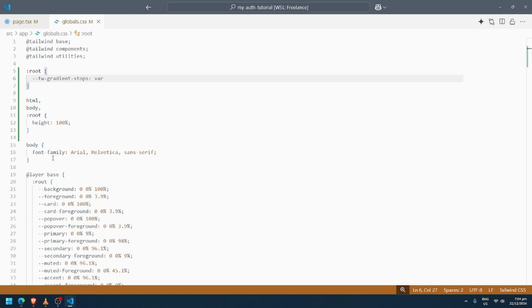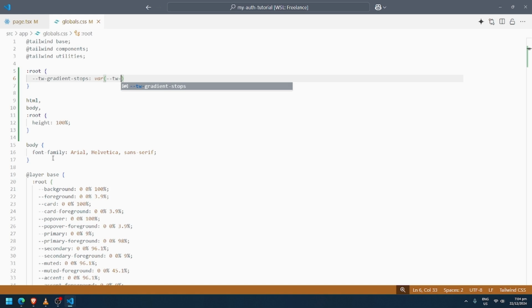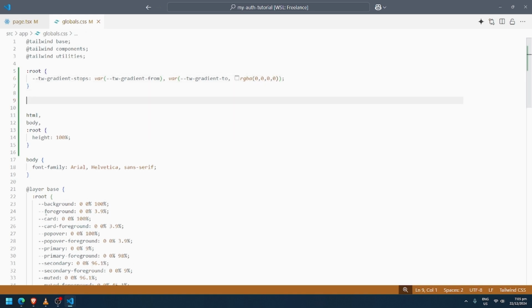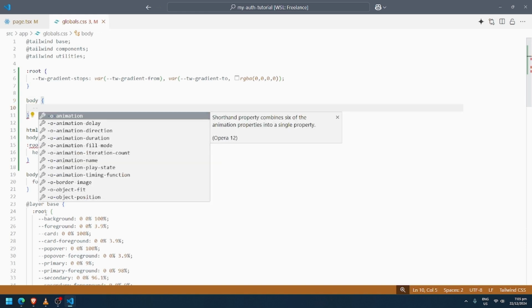Now let's define a var tw-gradient-from, comma, variable, and right here tw-gradient-to, rgba 0 semicolon, and then down below let's define in the body a variable tw-gradient-from